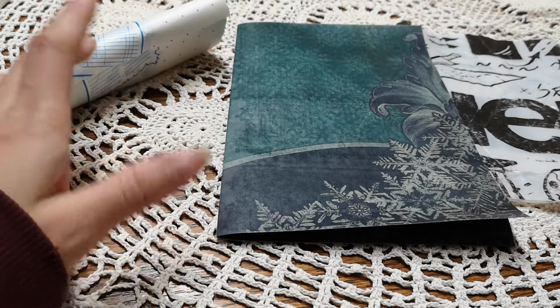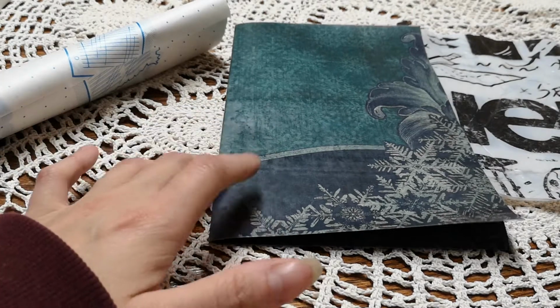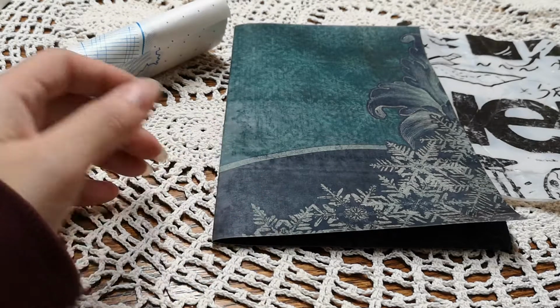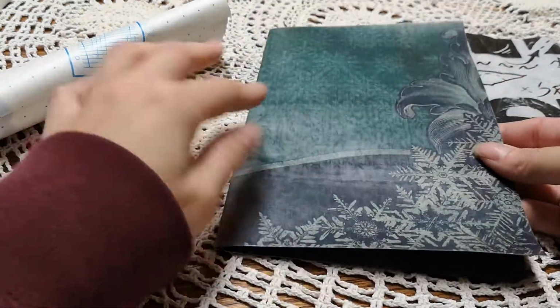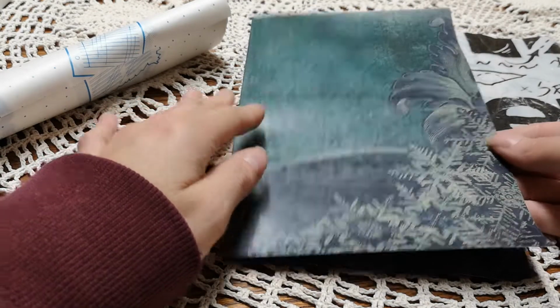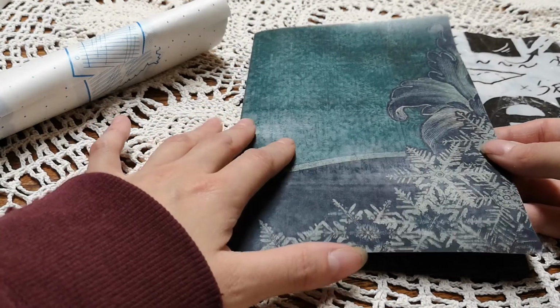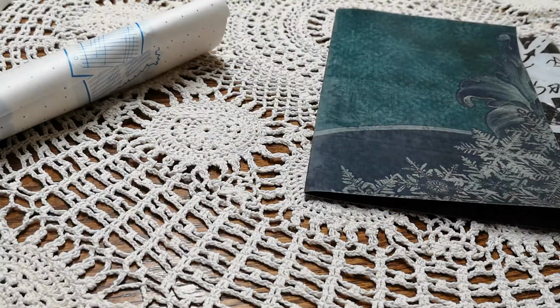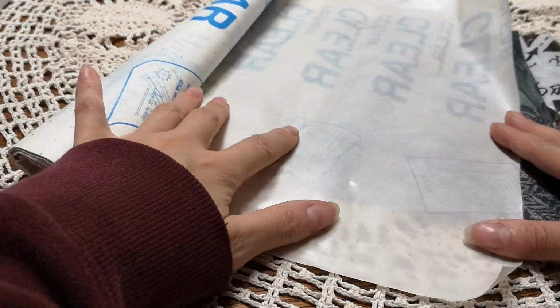Because another thing I really don't like is the super glossy look of lamination for most things, right? It has its place, but I work in vintage, and so if I say this can be a Christmas journal, the paper's dark, and if I do it really glossy, it would kind of change the feel of the journal. So what I discovered is contact paper, because it's a plastic and it's clear,